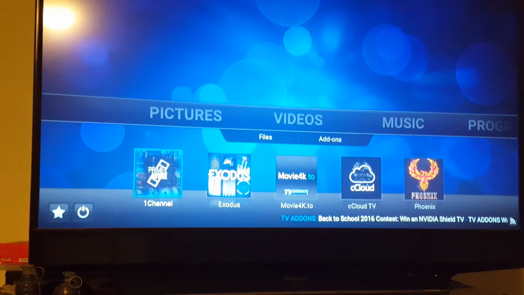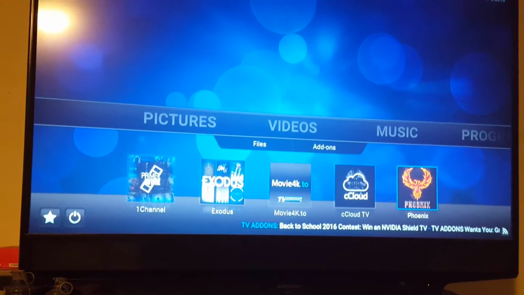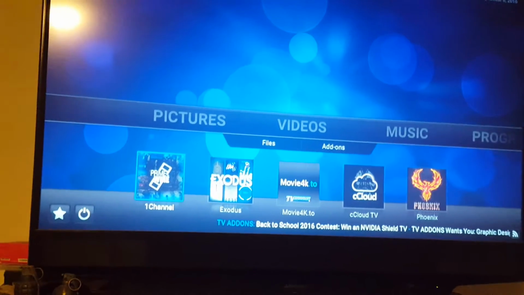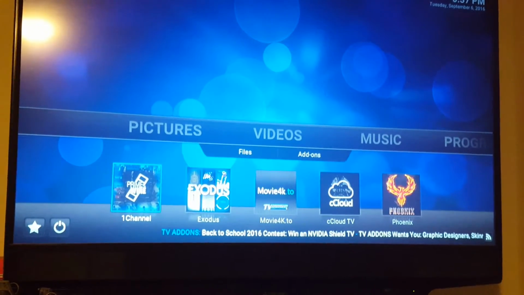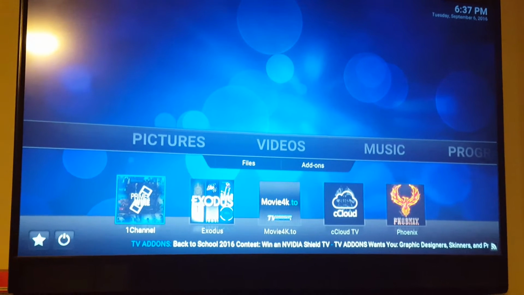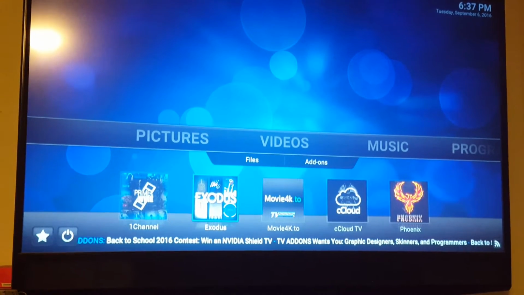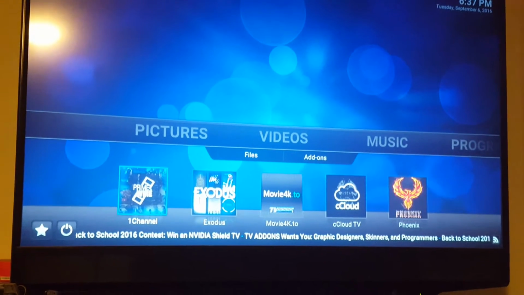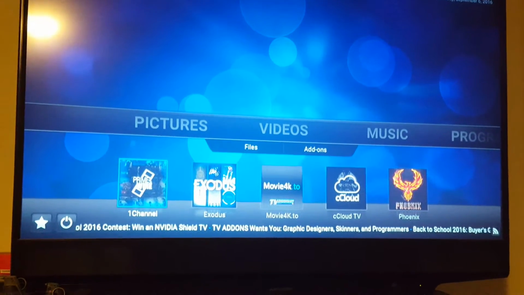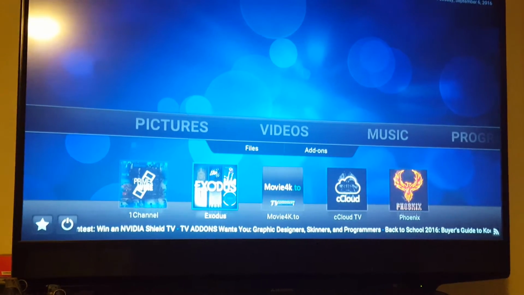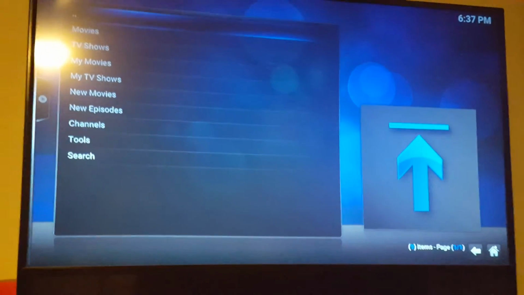Now, as you can see, we have 5 add-ons in this small little list down here. These are the 5 main add-ons that you're going to be using whenever you're watching Kodi. Now, your 2 over here, One Channel and Exodus, are the 2 main ones that I use personally. One Channel and Exodus are very similar to how Netflix works. You click on them and you get options for movies, TV shows, and several others,